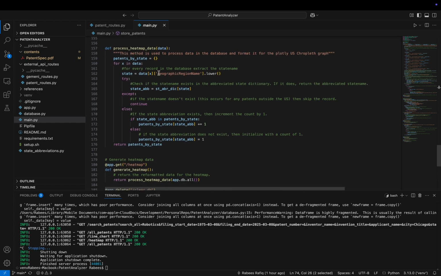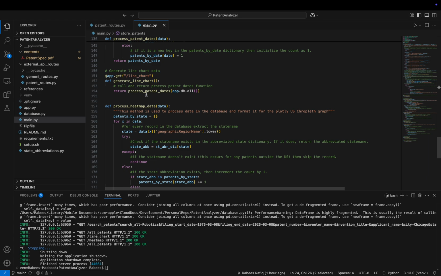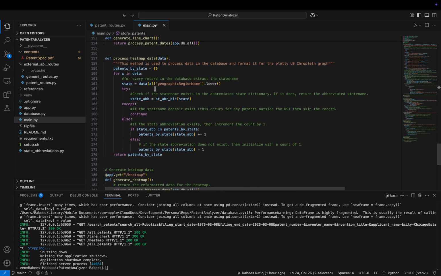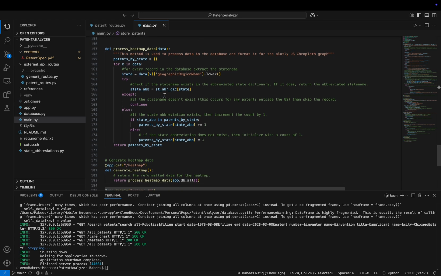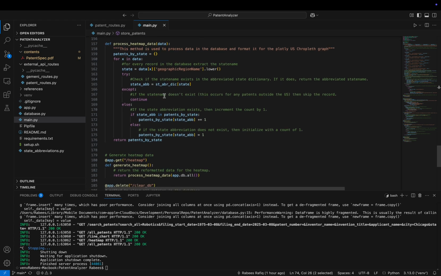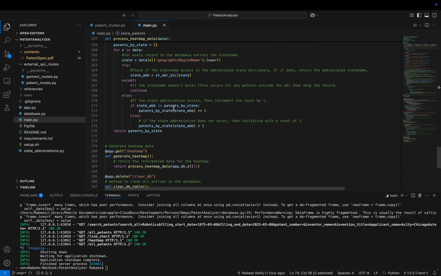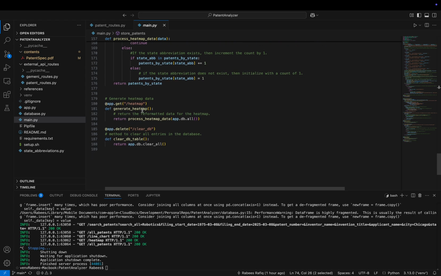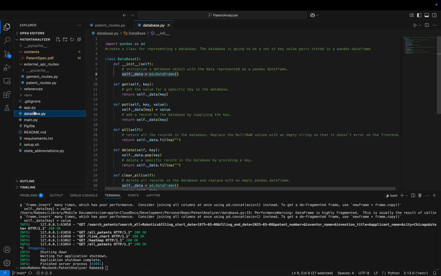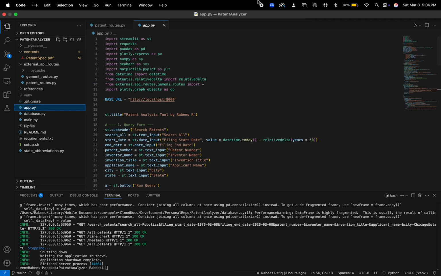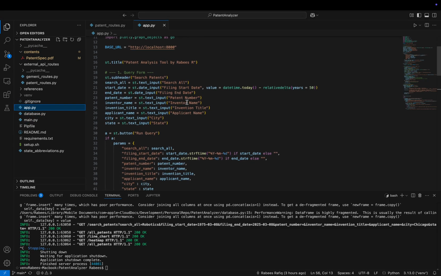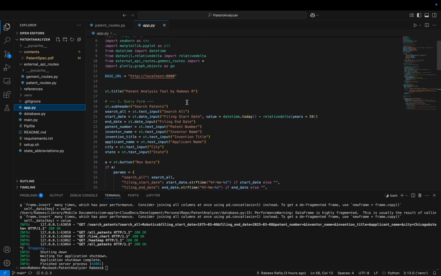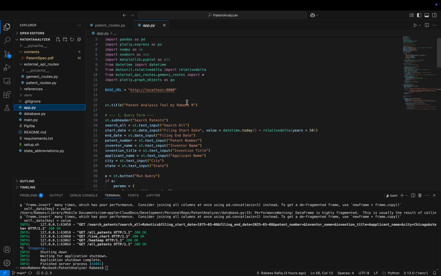line chart. This actually is a FastAPI route which returns the data for the line chart. And then very similarly, this processes the data and formats it for something suitable for a heat map. This is the FastAPI route which actually returns the data for the heat map, and then this is a clear database. The app.py contains essentially all of the modules and methods that the user interacts with on the front